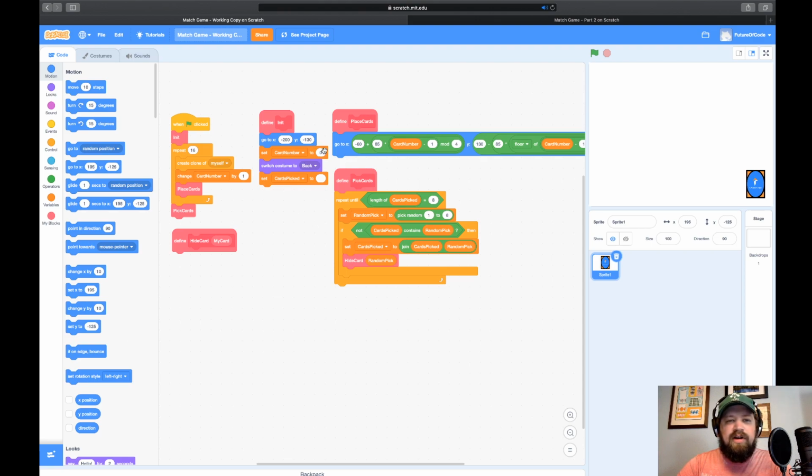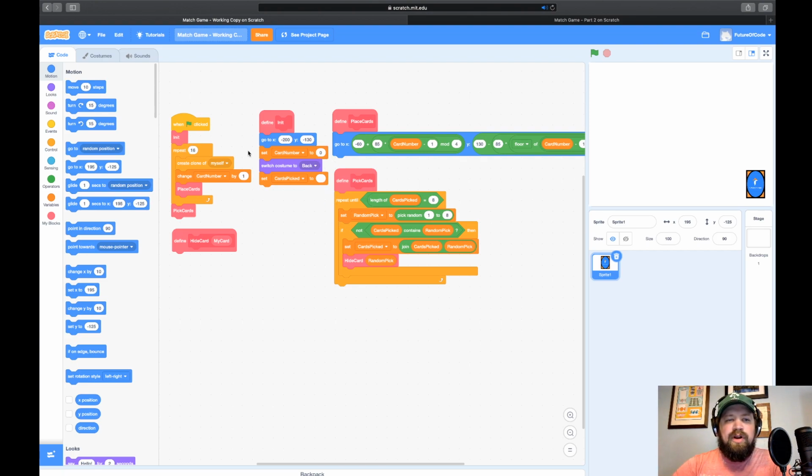We're setting our card numbers back to 0. We're switching our costume to show the back. And then we're resetting our cards picked so that we don't have any cards picked at that moment. We want that blank because this is where we're going to store which card we have picked to place inside of our deck that is on the table.